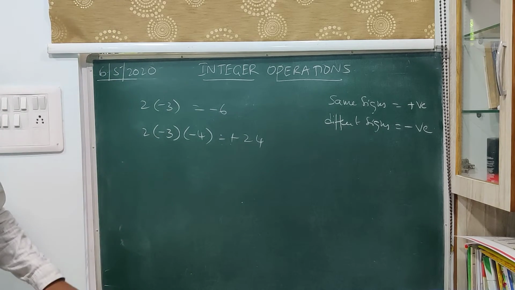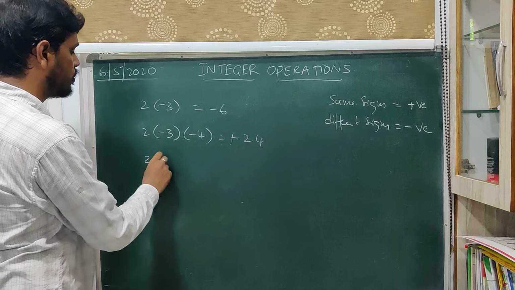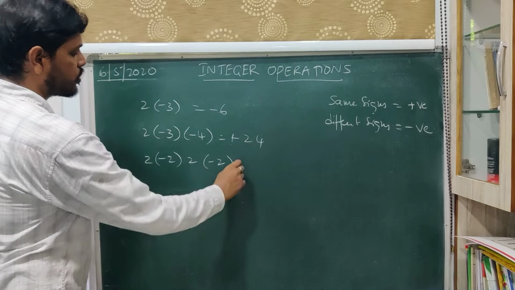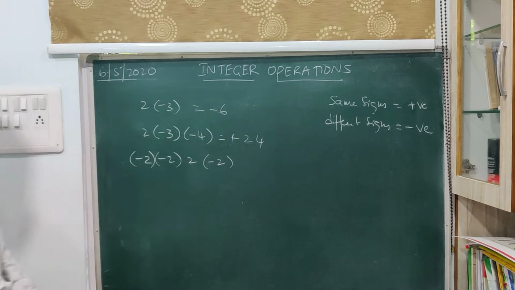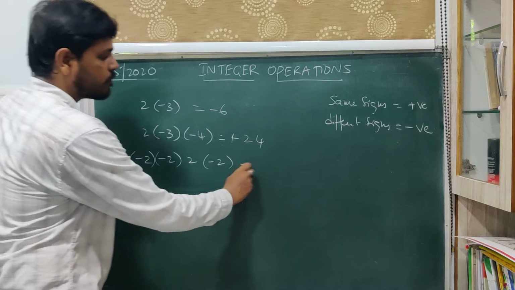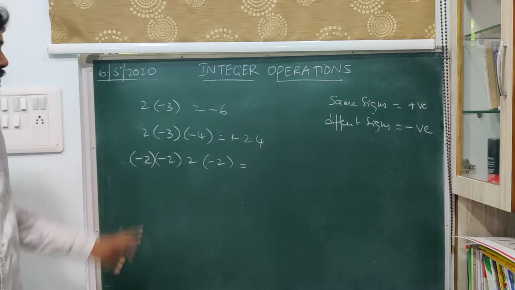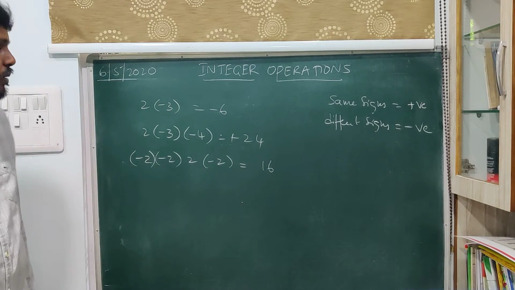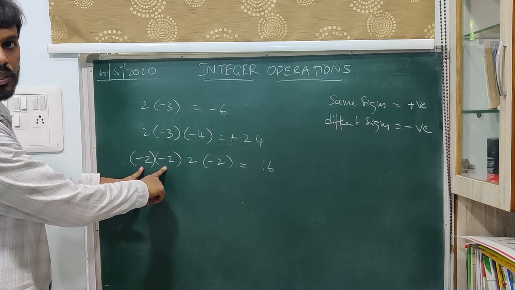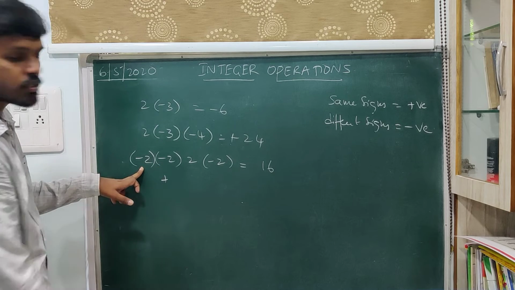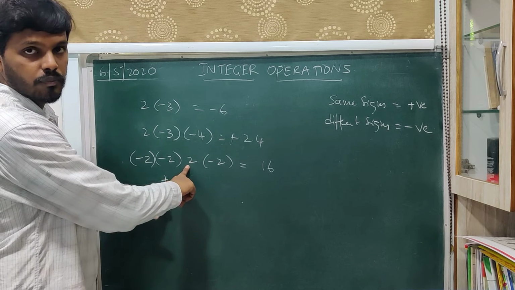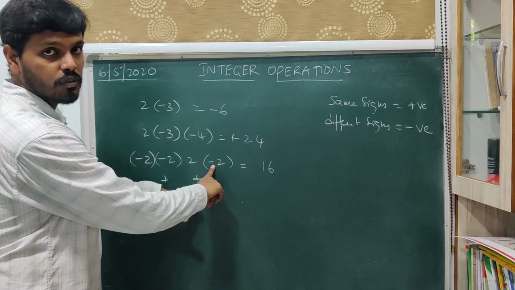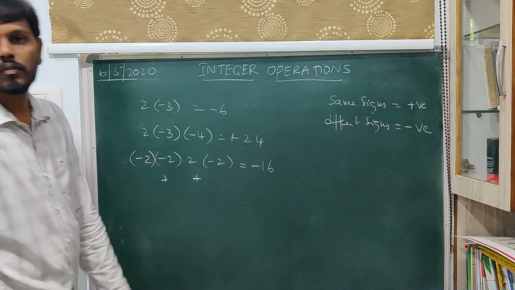Suppose you are multiplying 4 numbers, say 2 into minus 2 into 2 into minus 2. So this is the case. Now, as I told you earlier, you will be multiplying the numericals first. 2 2s are 4, 4 2s are 8, 8 2s are 16. Now, we go about the multiplication of the signs. Now, we are multiplying 2 numbers of same signs, so you will get a positive sign. So, here it is positive. So, positive, positive. Numbers of same signs, again you will get a positive number. Now, positive, negative, numbers of different signs will get a negative number. So, this is the way we go about it.